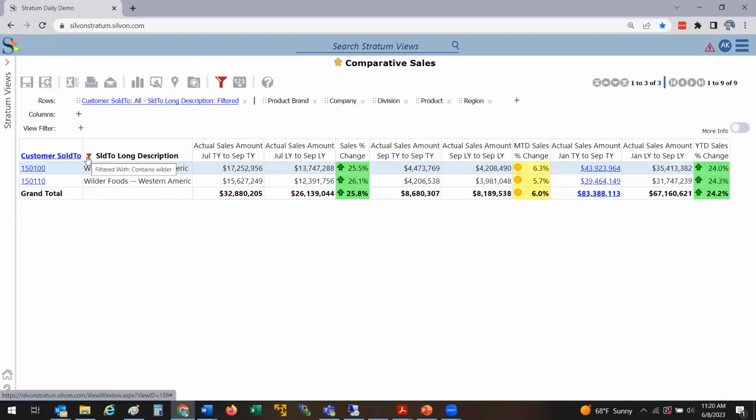Well, it's the same thing in the sense that if Wilder opens up another division, maybe a Canadian division or something along those lines, and we start selling to them, as long as the word Wilder is in the description, it'll get returned to the view. So it's almost like a dynamic filter. It may be what you want, it may not be what you want. So you can also